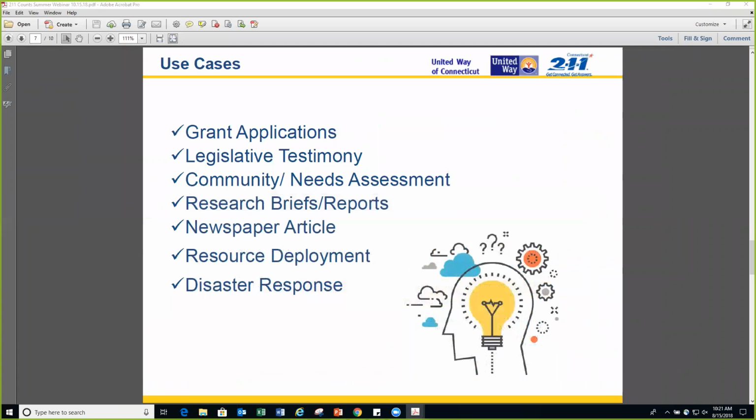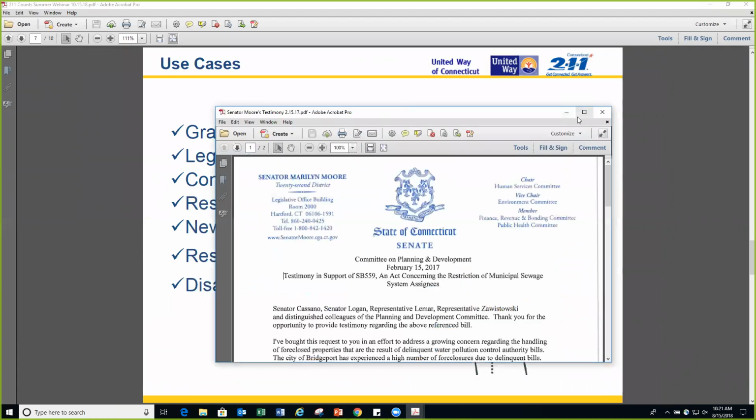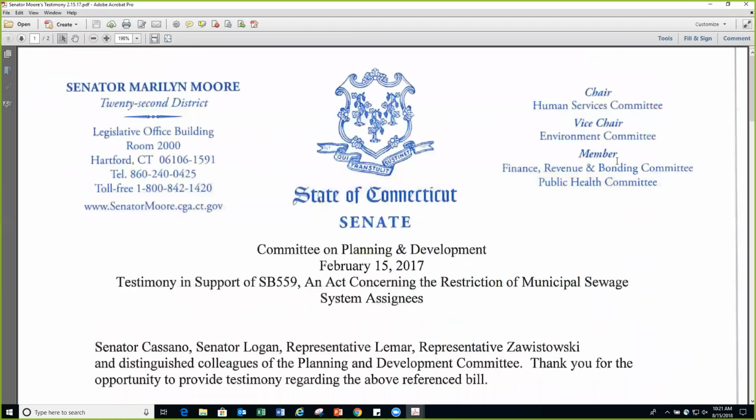I want to say it was two legislative sessions ago, two colleagues of mine were giving a presentation to the Health and Human Services Committee at the Capitol. And one of the members of that committee sat in on that presentation, and we highlighted our 211 Counts data dashboard during it. And immediately after, Senator Moore, who is the representative from the 22nd district, came up to one